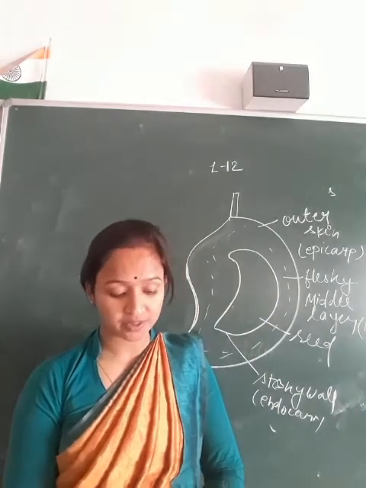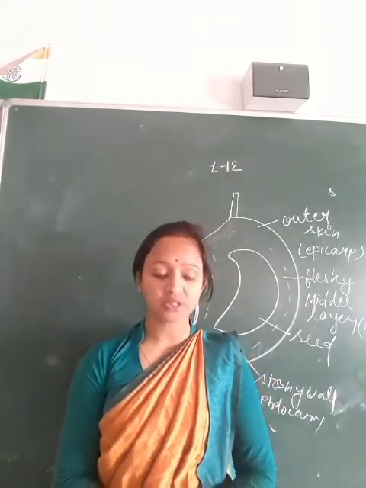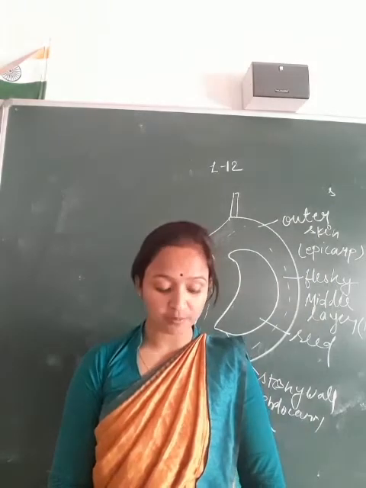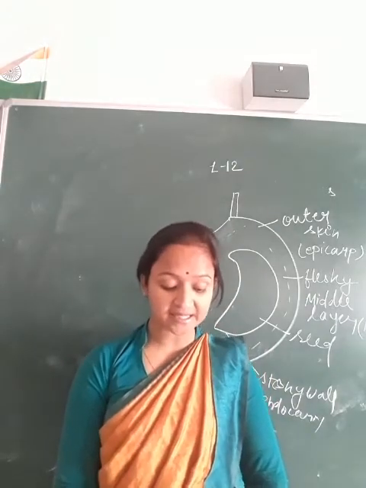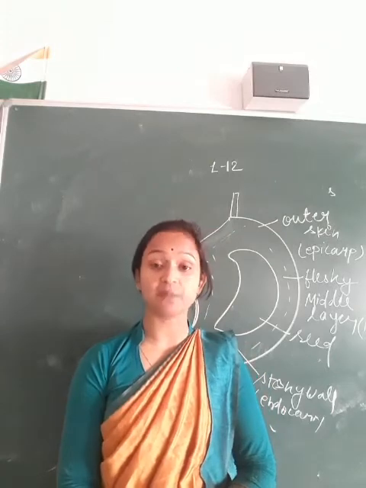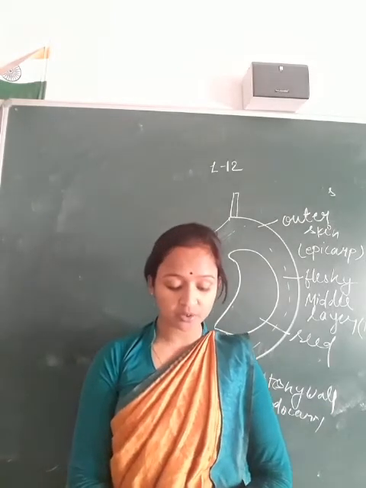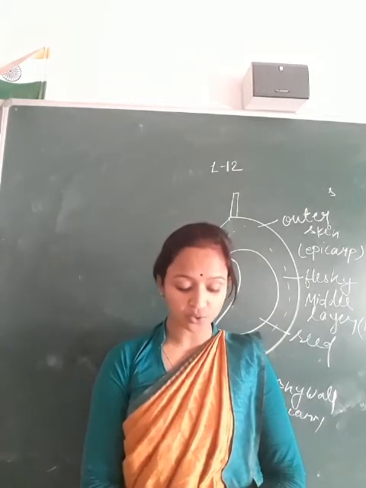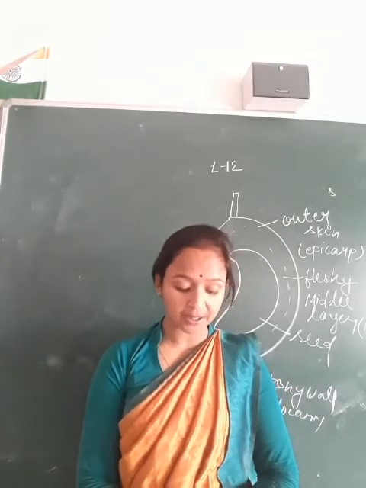Functions of the fruits: the fruit wall gives protection to the seeds, and fruit is a storehouse of food material. The fruits help in the dispersal of seeds, as a seed contains an embryo with one or two cotyledons and a protective seed coat. The embryo, after germination of the seed, develops into a new plant, and the cotyledons often contain reserve food material for the developing plant.